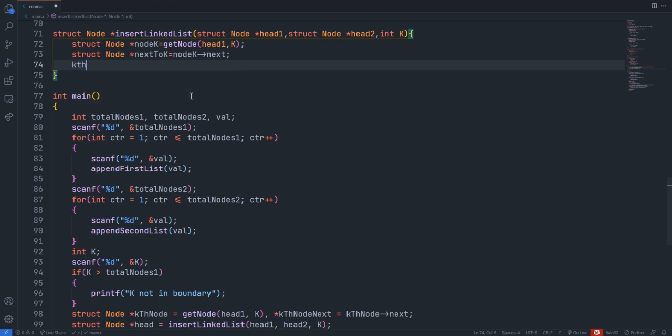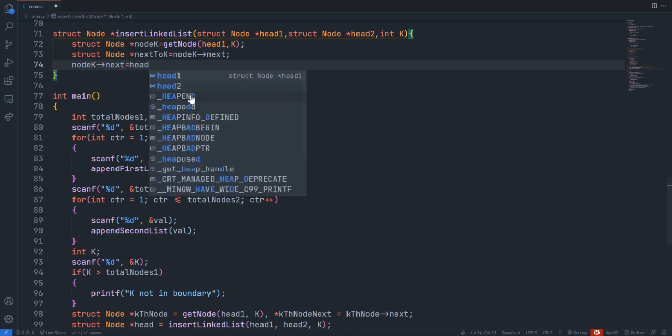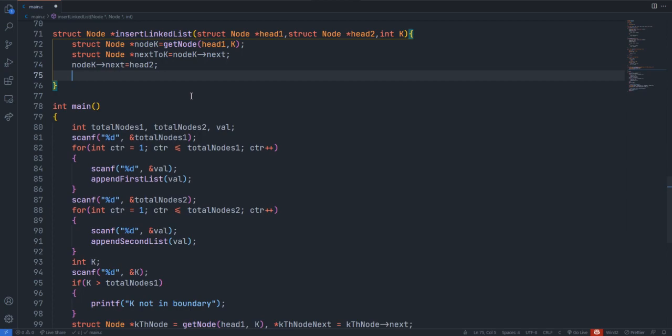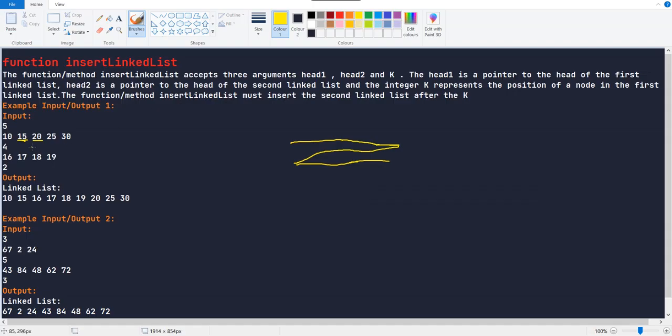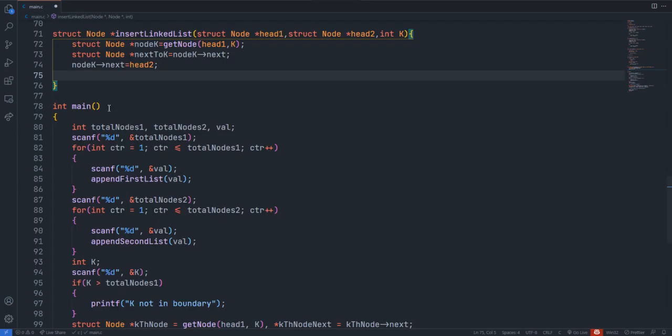So node k arrow next equal to head 2. This will make a connection from this to this. After that we make a connection from this to this, right? We have already defined next to k.